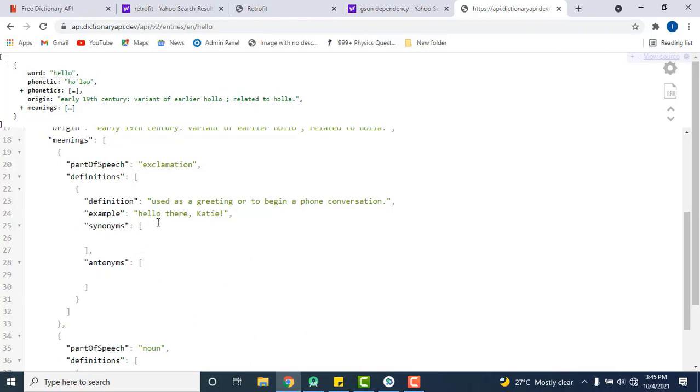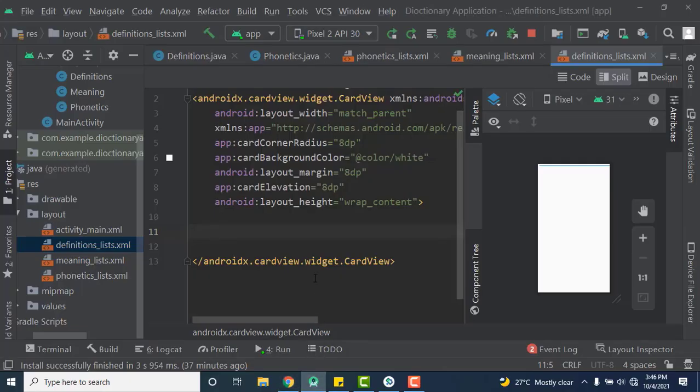And the synonym is an array. The antonyms is an array. Although we didn't create a model for this synonym and antonyms because it doesn't have any object in it. It's just empty. So there's a way we are going to bring them into the Recyclerview adapter. So you are going to see something different from other tutorials that you are going through or other apps that you are developing. So the first thing we need here is